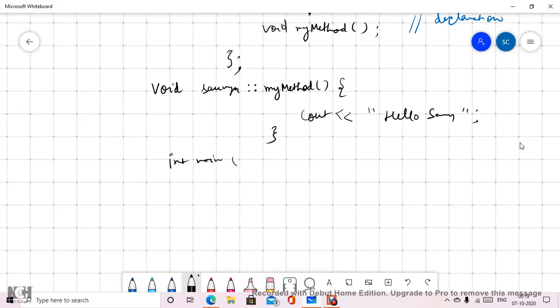Okay, main source code. Now inside the main, again I have to write my class name, and then I will write, let's say, object1, and this is my object creation, and obj1 dot. This calling will remain the same irrespective of whether the method is defined inside the class or only declared inside the class and the definition is done outside the class. Okay, and we write return 0.